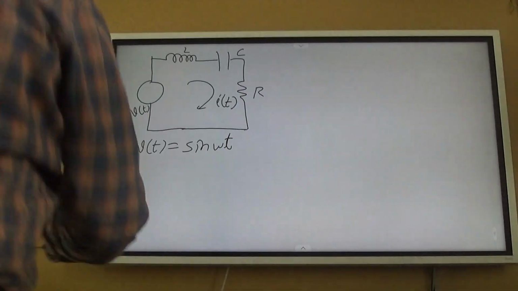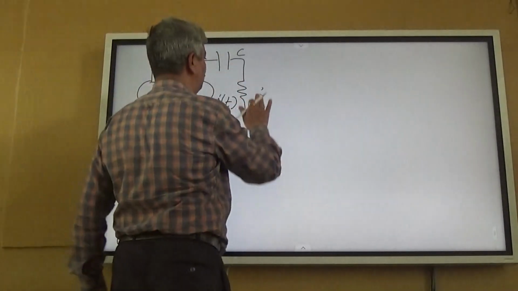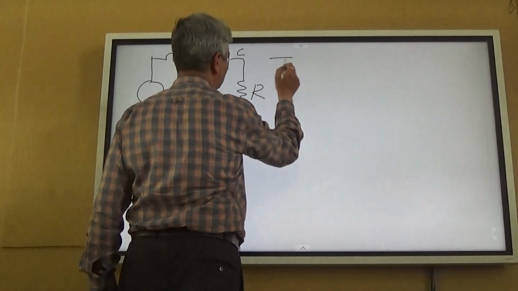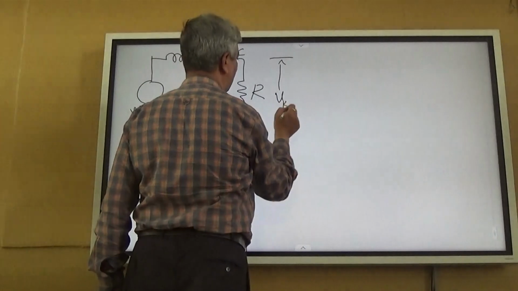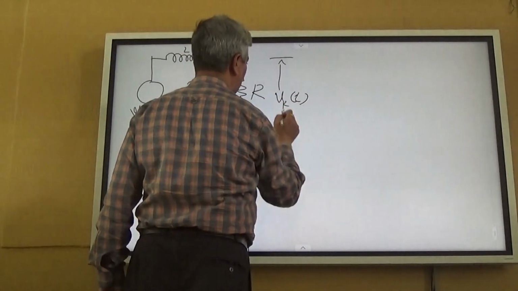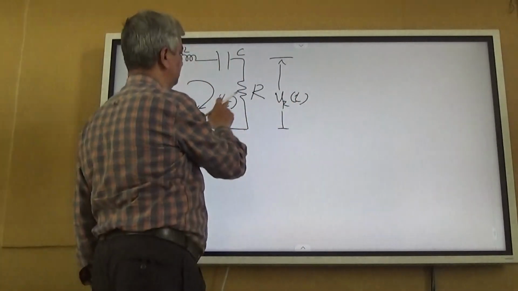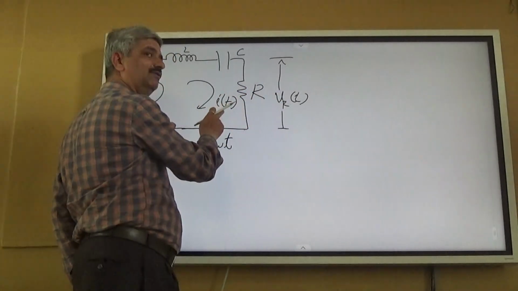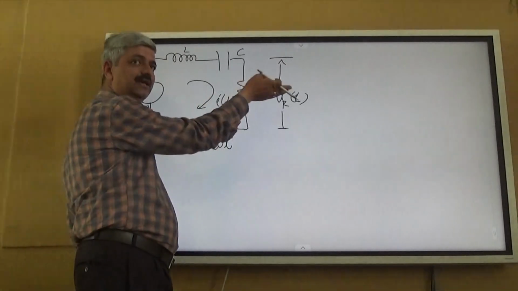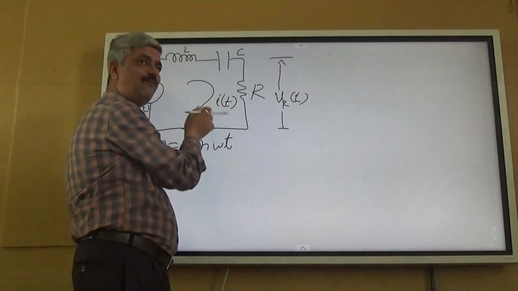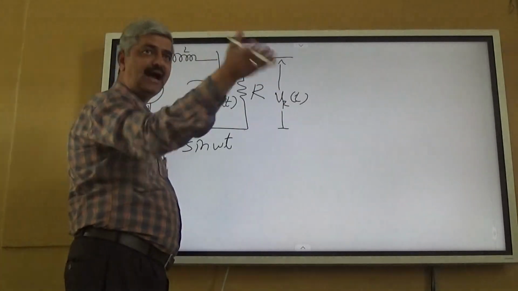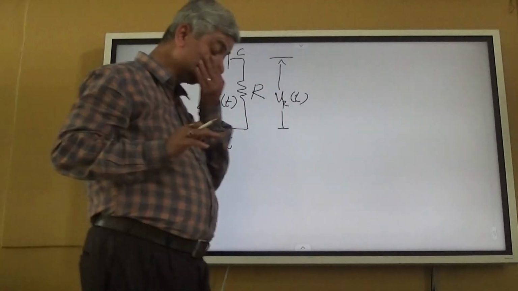So now we proceed. You are asked to find out VRT or VOT. Alternatively, since this is VRT, this is R, IT will be VRT upon R. Or if you find R and IT, then VRT would be simply R into IT. So how to find IT? It's very simple. It is just like